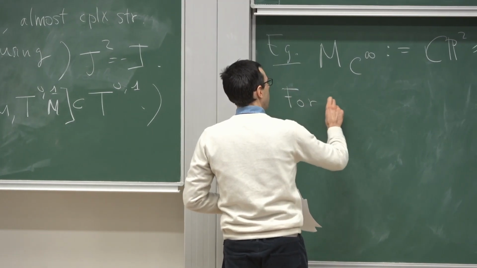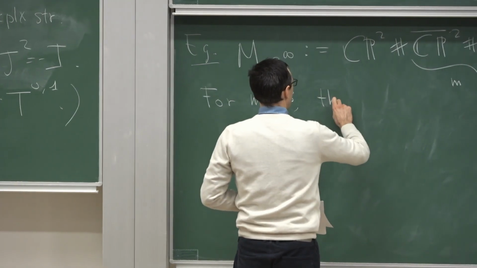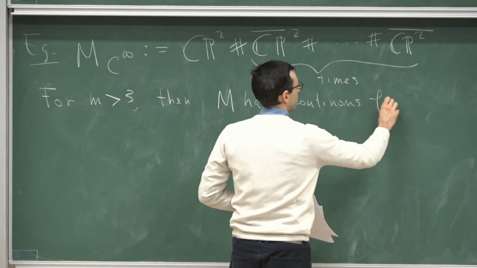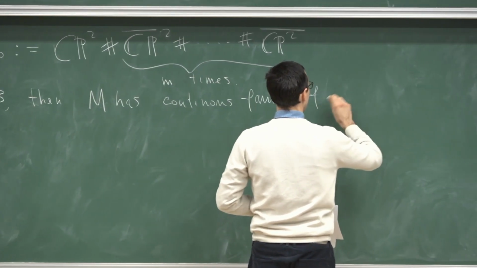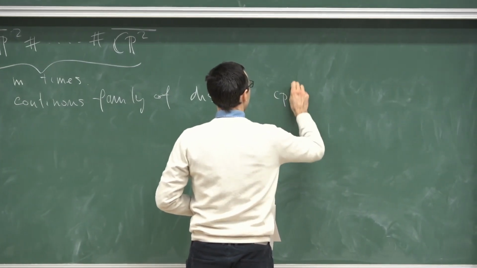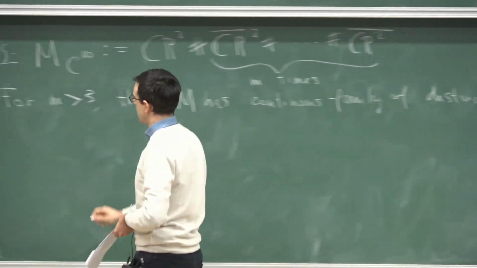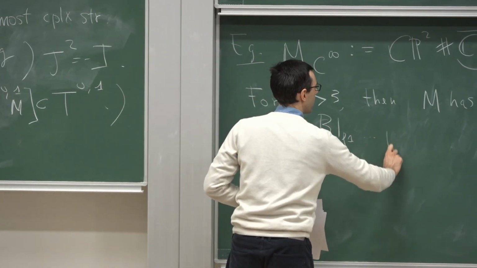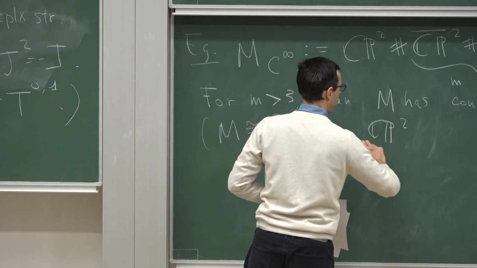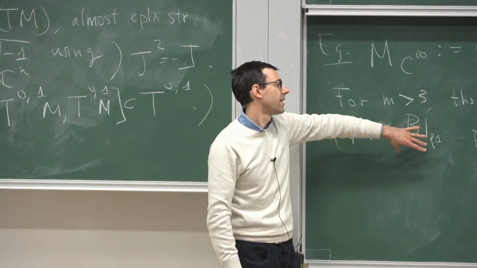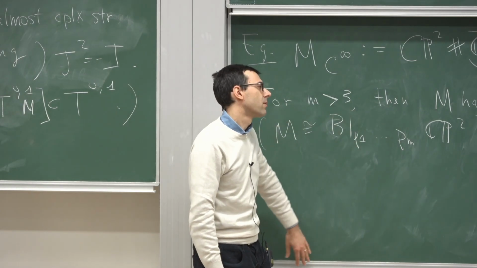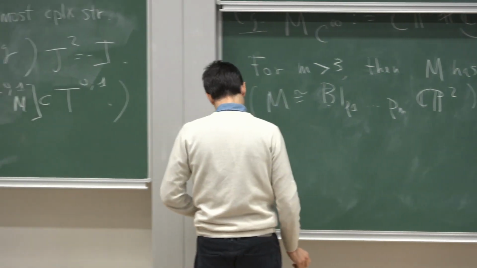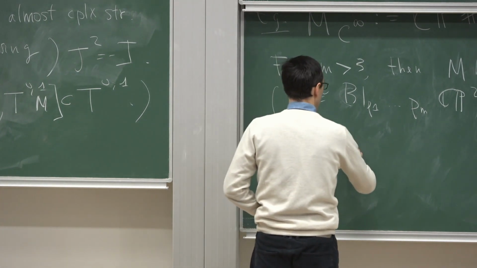So if you blow up more than 3 times, then you get a continuous family of distinct complex structures, and each one of these will be isomorphic to the blow-up of P2 in a collection of points. If you move around the points, if there are enough points, more than 3, then generally two of these choices will not be isomorphic. And then you can choose this collection appropriately together with